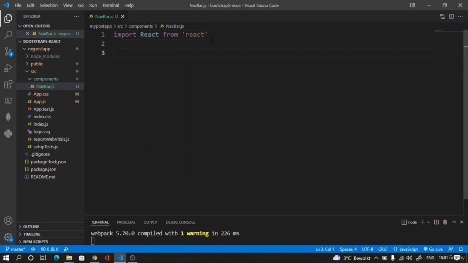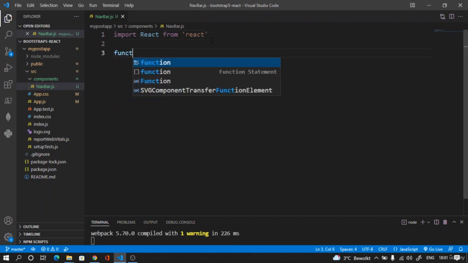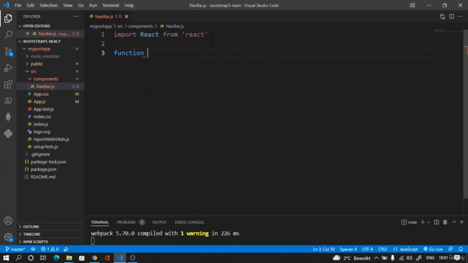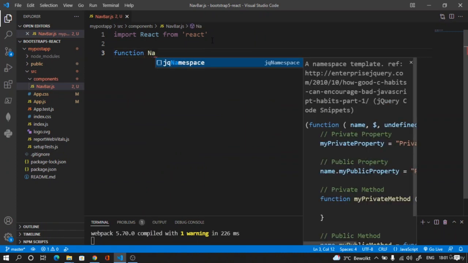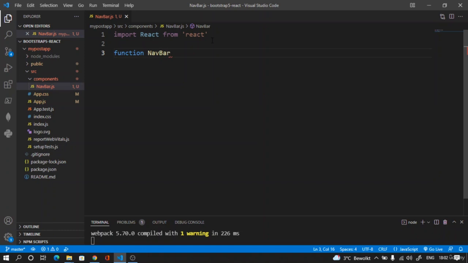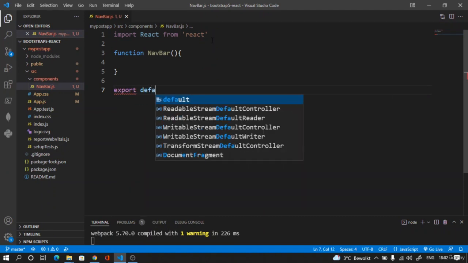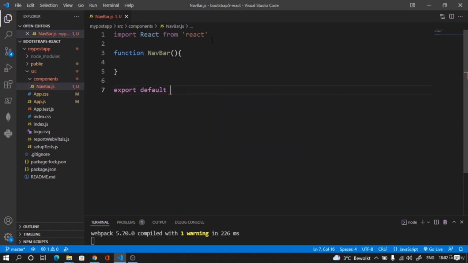And then we have to create the component. So how do we create the component? We say function, give the name of the component, let's say Navbar, and then that's it. We give this like this, and then what we have to do is say export default Navbar. If we don't do this export, then this Navbar component will not be able to be